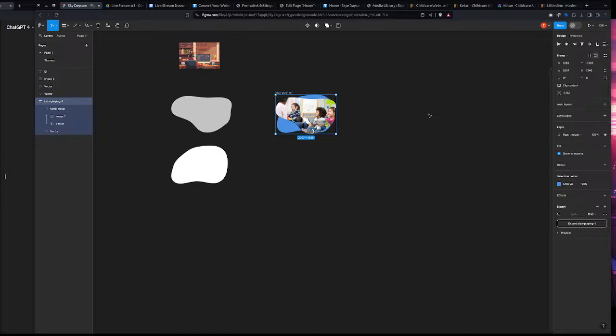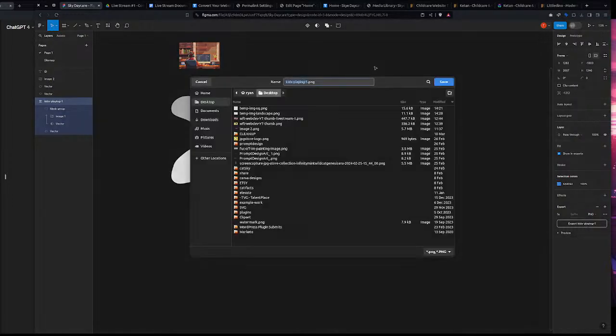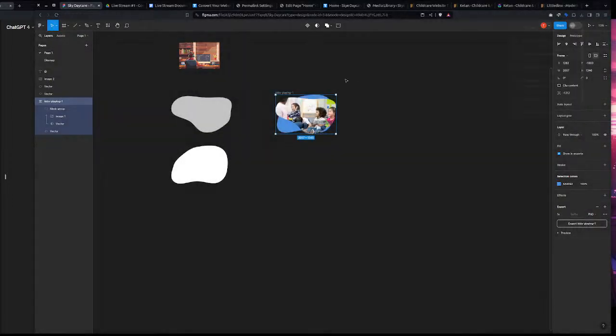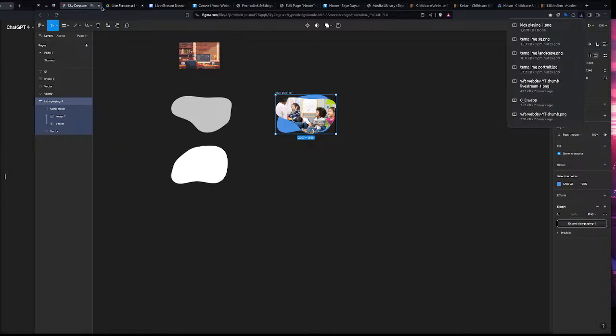So initially the buttons are going to be just whatever I have set up by default. I think it's a bright pink and maybe even a blue as well, but I'll make that adjustment later on as we build out more of the styling for the site. But I'm going to just export this kids playing, and then hop back over to our media library,